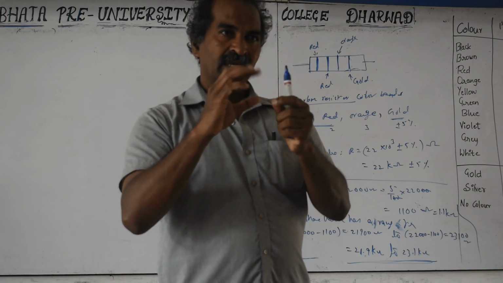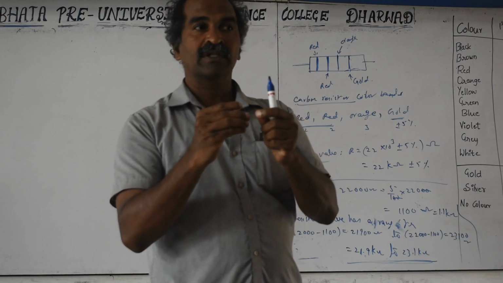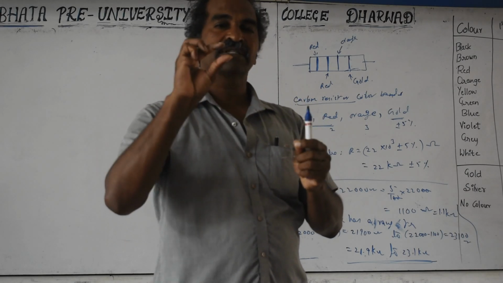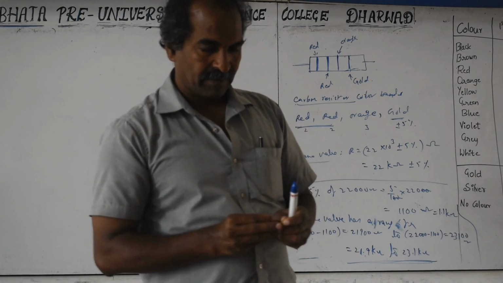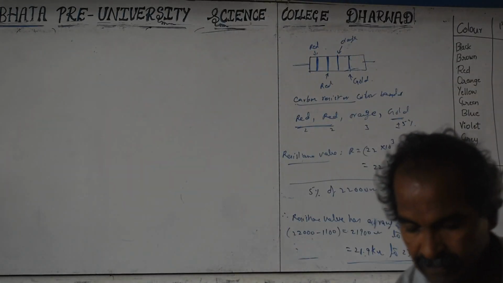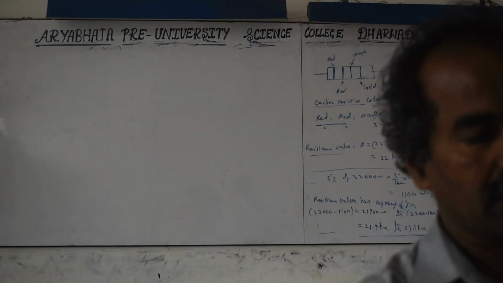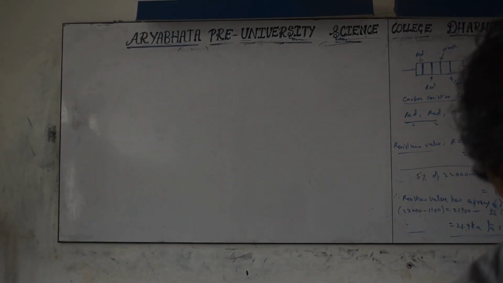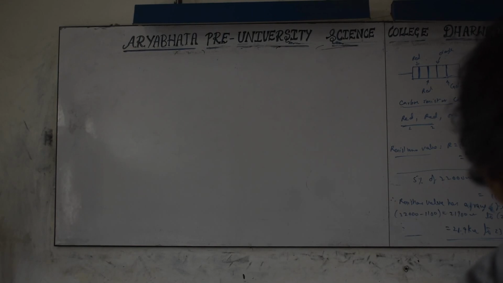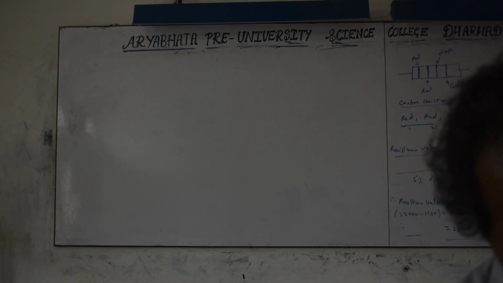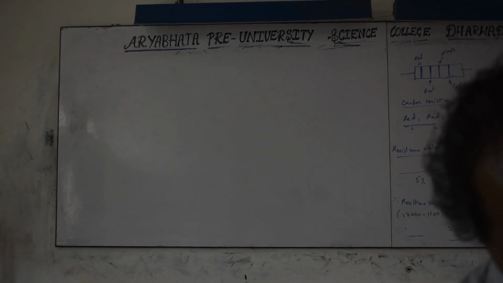1/4 watt is thin, 1/2 watt is a little bigger, and 1 watt will be even fatter. If you require more than 1 watt, we don't go for the carbon resistor, we go for the wire wound resistor. Those are even thicker, bigger ones. I will show you how this color coding is made. You have to see this silver band to the right side while observing, and see the remaining colors, silver or gold.